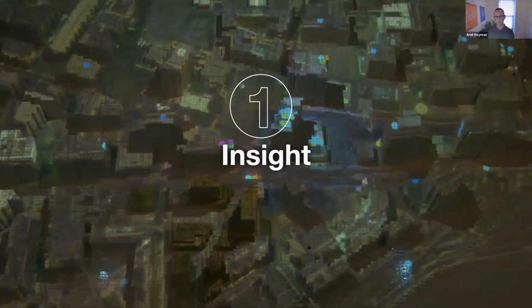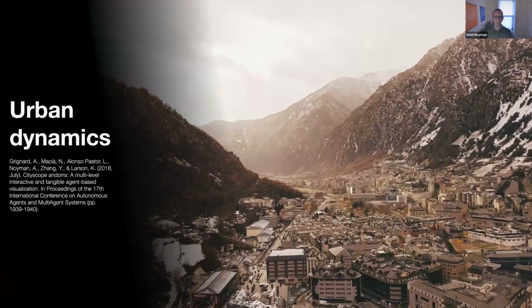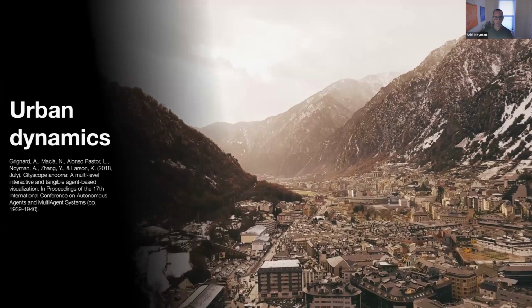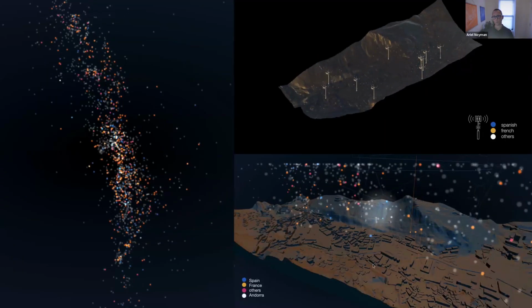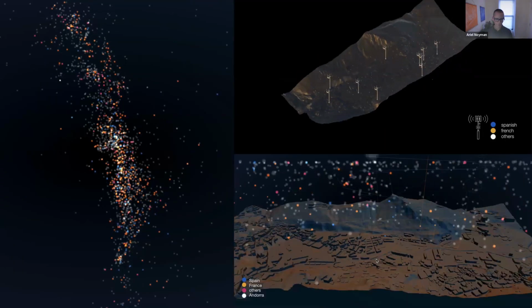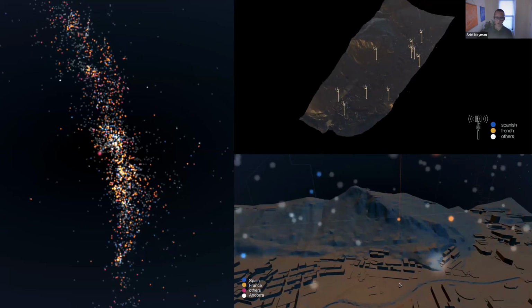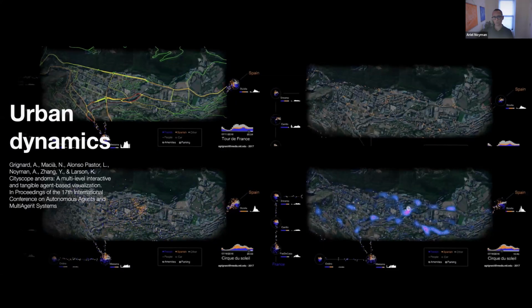But quickly after, we started looking into the urban dynamics through the collaboration with the city-state of Andorra. I think you heard about Andorra already. This is a tiny city-state in between Spain and France, about 80,000 inhabitants. But a few times a year, they have huge events. And through a collaboration, we gathered anonymized, countrywide, few years of location data. And when we had that data, we could start and understand behaviors of both tourists and locals, pinpoint hotspots, congestion, and other behavioral patterns during those large public events, Cirque du Soleil, Tour de France, and some other events.